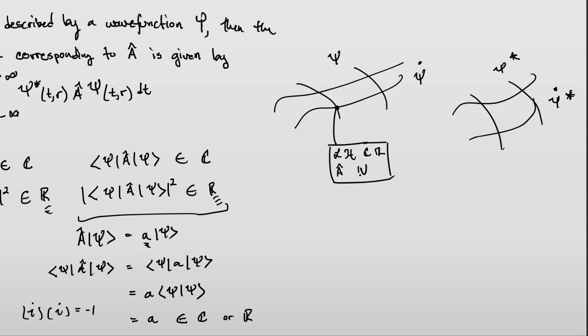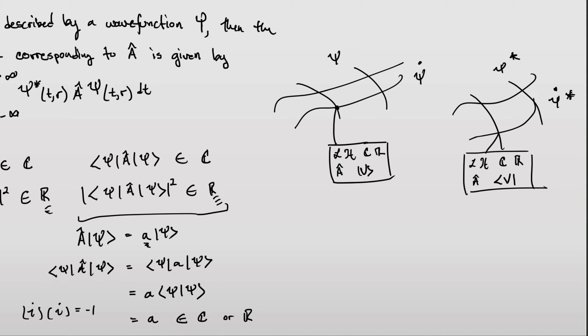This is our vector space right here. And then here, everything's the same. We have Lagrangians, Hamiltonians, complex numbers or real numbers, we have operators. And then we have our vector space defined by